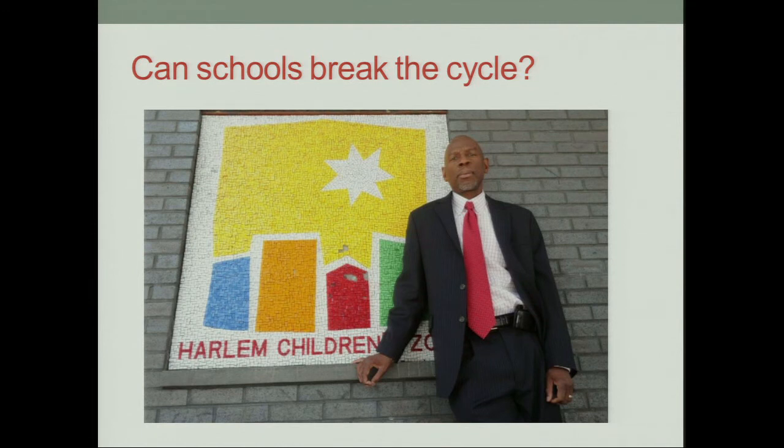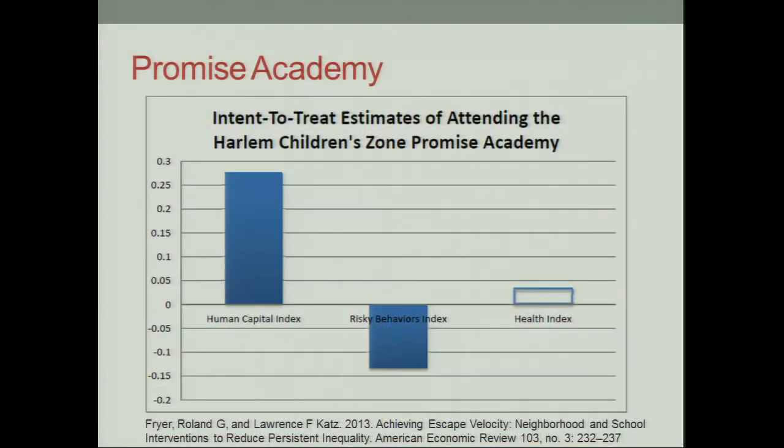Entrance into the charter schools is based on a random admissions lottery, while eligibility for that whole host of neighborhood support services that go along with the Harlem Children's Zone is based on where residents live, so it's based on their home address. To try to isolate the impact of attending these Promise Academy charter schools from the other neighborhood supports, two researchers, Dobbie and Fryer, compared survey responses from lottery winners and losers living inside and outside the Harlem Children's Zone. They looked at their health 7 years after that initial lottery to get into the school.